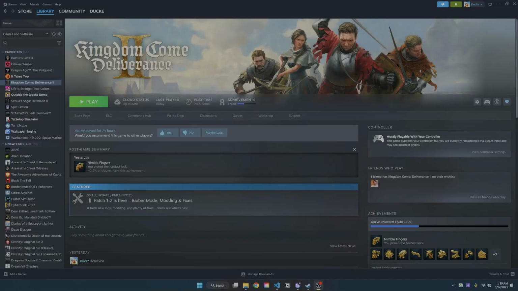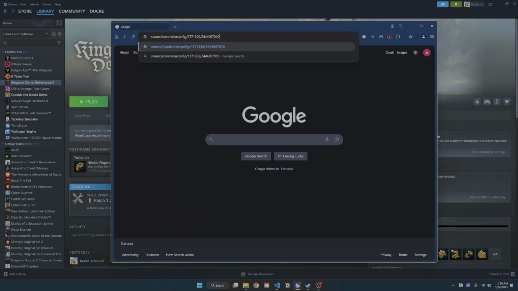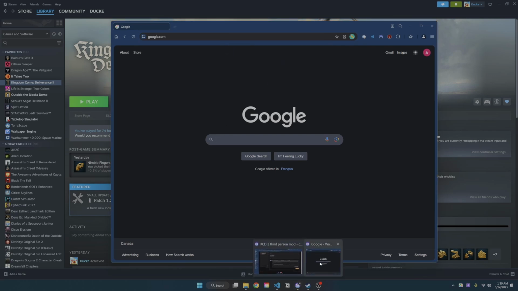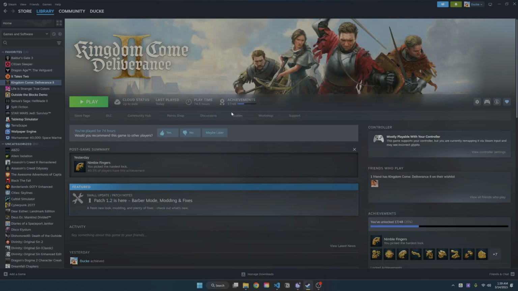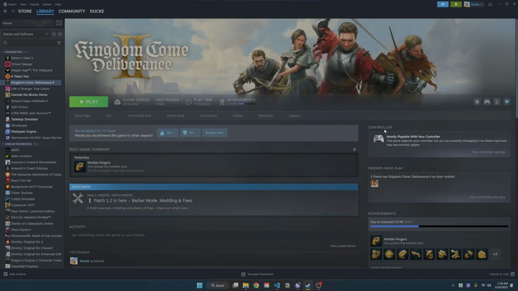Okay, to install controller mappings for Steam, I've got the URL. So if you have a URL for a config, you should be able to paste the config URL. It should prompt you to open Steam, and that should open, well, mine didn't open anything. So if that doesn't work, the other thing you can do, as long as your controller's plugged in,